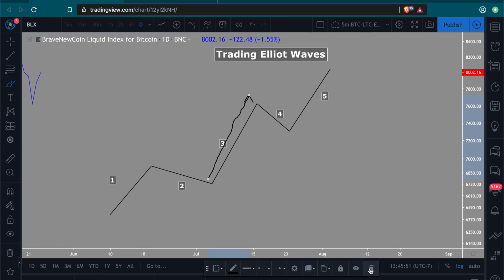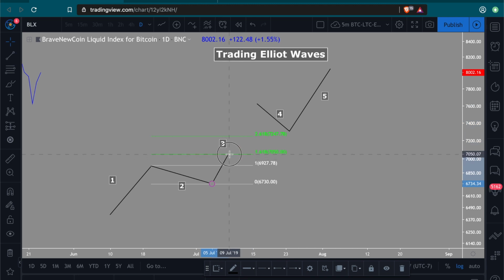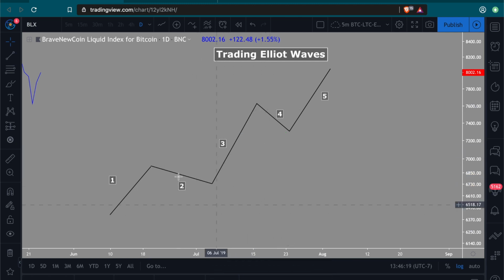Okay, now wave 3 is typically about a 1.618 extension between the waves 1 and 2. So if we sort of did it like this, right, if we said that this is wave 1, wave 2 pulls back right here, wave 3 could typically be right around that area right there. Okay, this is just a general example of how I've done it. You know, just a general wave count. So don't hold this fib to that. But I'm just saying that in general, you could see a 1.618 extension between waves 1 and 2.